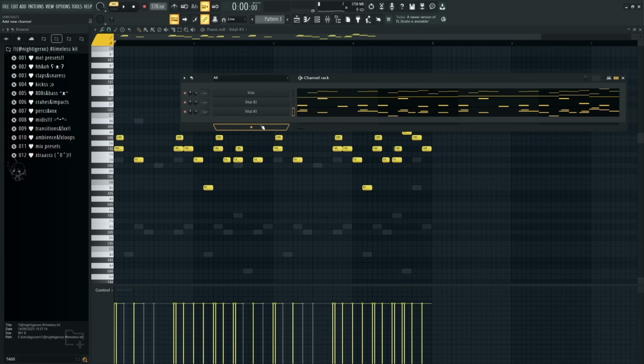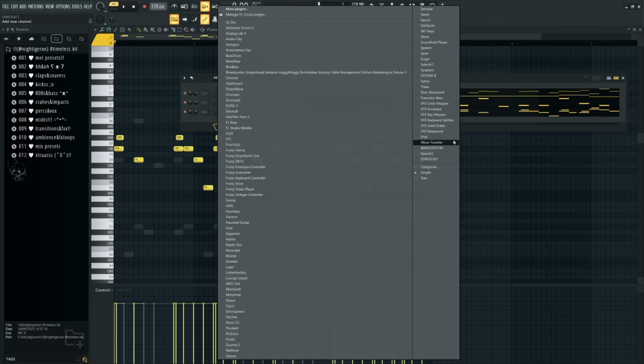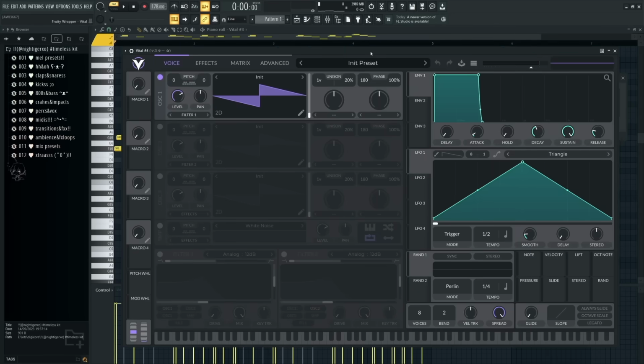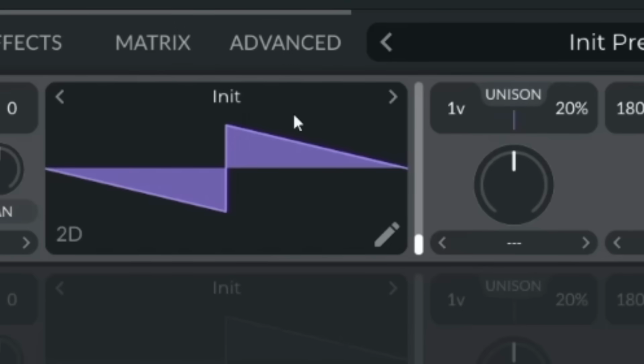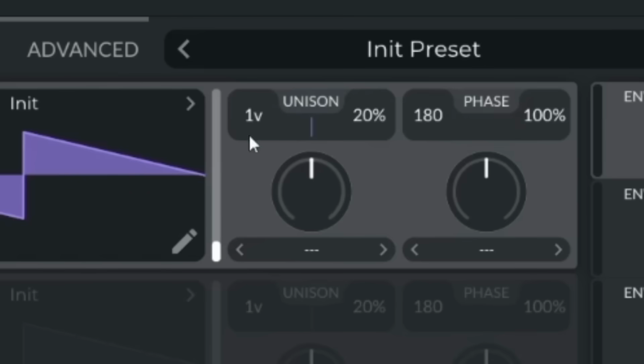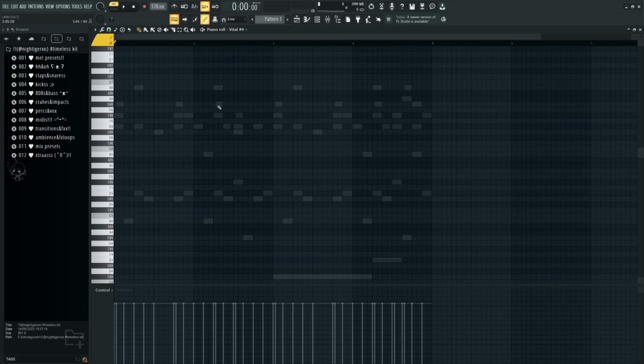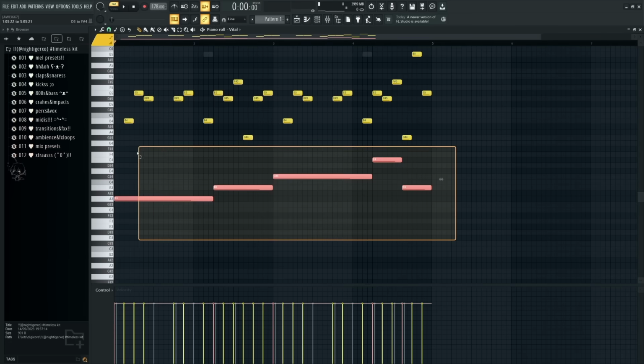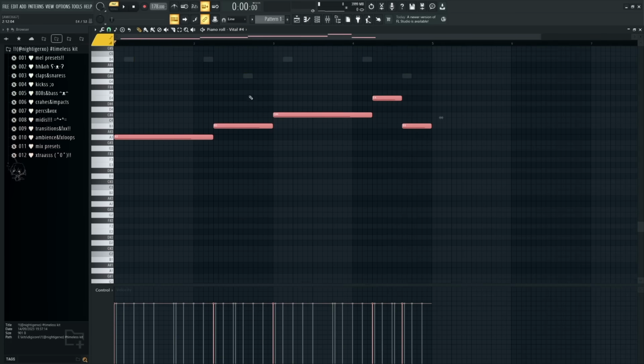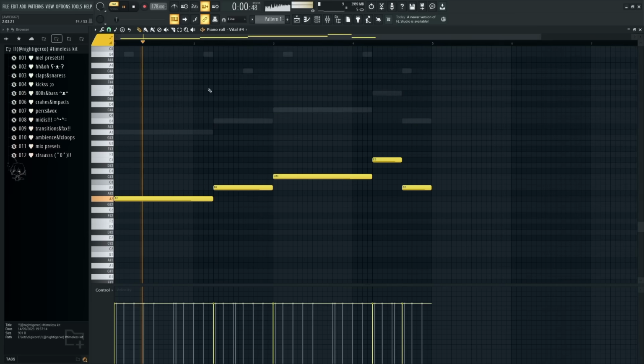Alright, we made something pretty cool, but we need a bass. And I think it's so funny that most of the digicore beats, the best selling digicore beats, have this very particular reese bass. And this reese bass is just a basic saw wave with the unison set to 16 voices. So it doesn't sound much like a bass right now, but if I get my chord progression and play it at a lower octave,